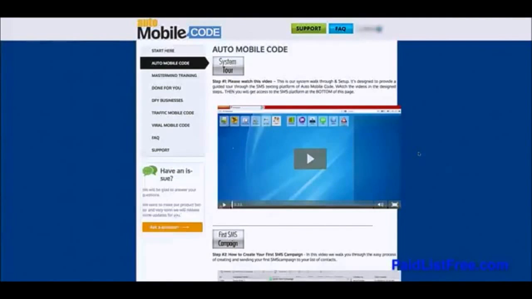Welcome to this Automobile Code review. What I'm going to do in this video is first give you a quick video breakdown of what Automobile Code is. First, as you can see, we are actually logged inside the Automobile Code members area here,